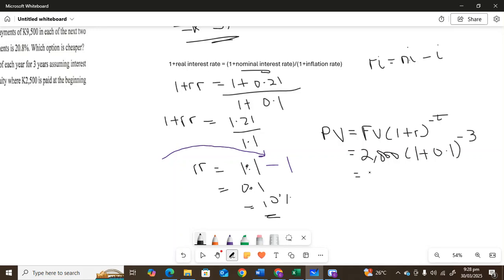So it is going to be 2000, 1 plus 0.1, that is 1.1, to the power negative 3. 1.1 to the power negative 3